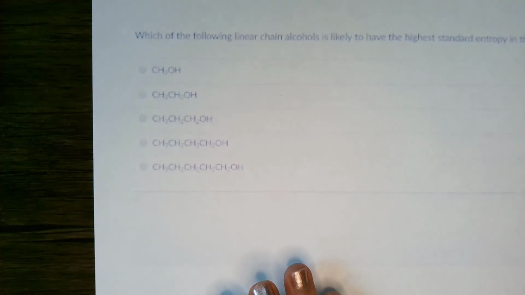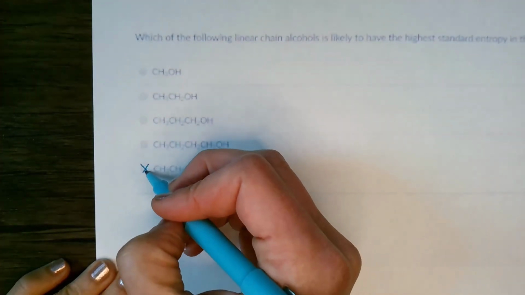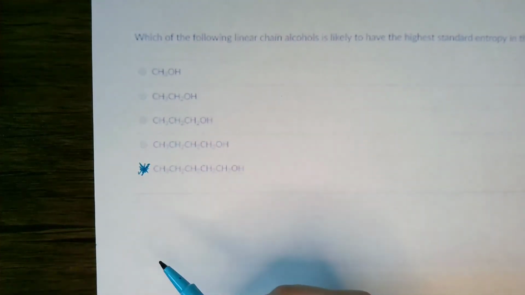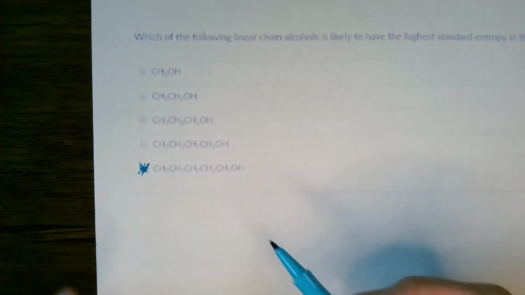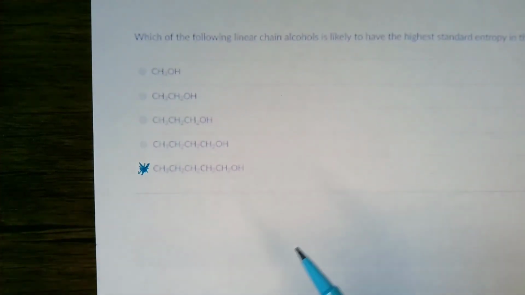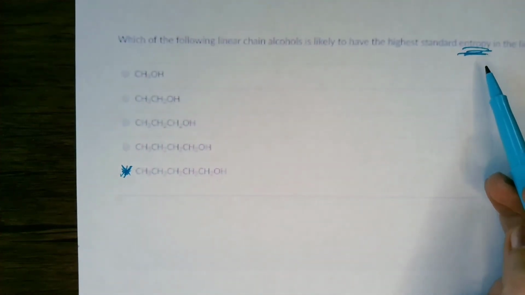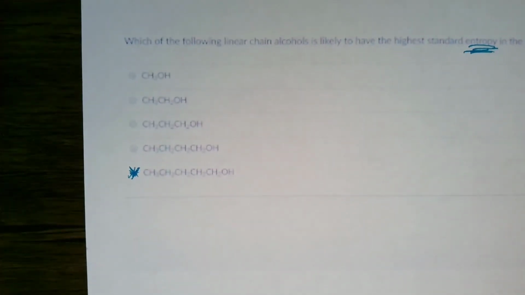Which of the following linear chain alcohols is likely to have the highest standard entropy in a liquid state? Which one would you choose? Well, like you, I would choose this last one because it is the largest molecule, has the most number of bonds, it is the heaviest molecule, and all these bonds are able to move and have much more disorder than my